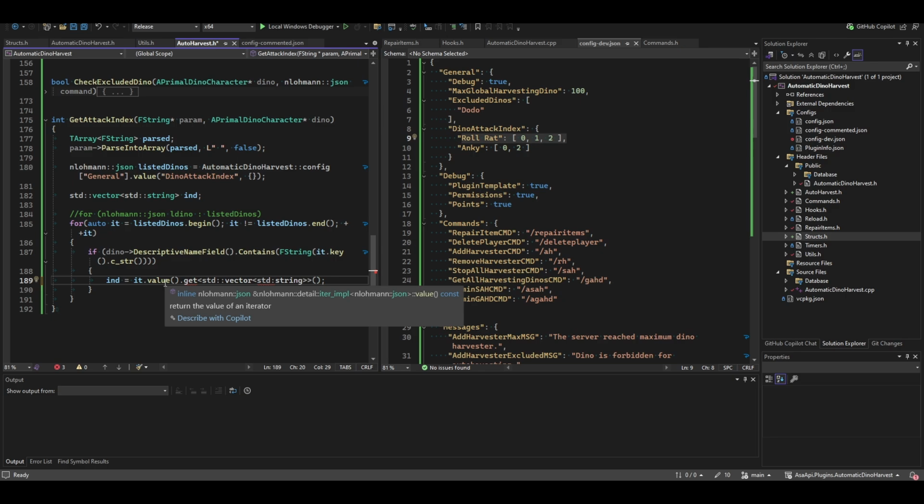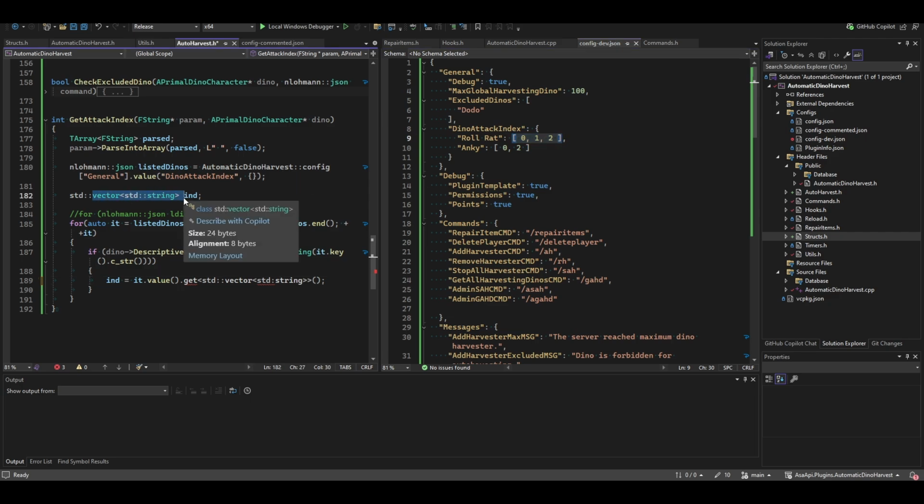Why? I get the key, I get the value. This is the key, this is the value, which is array should be, and